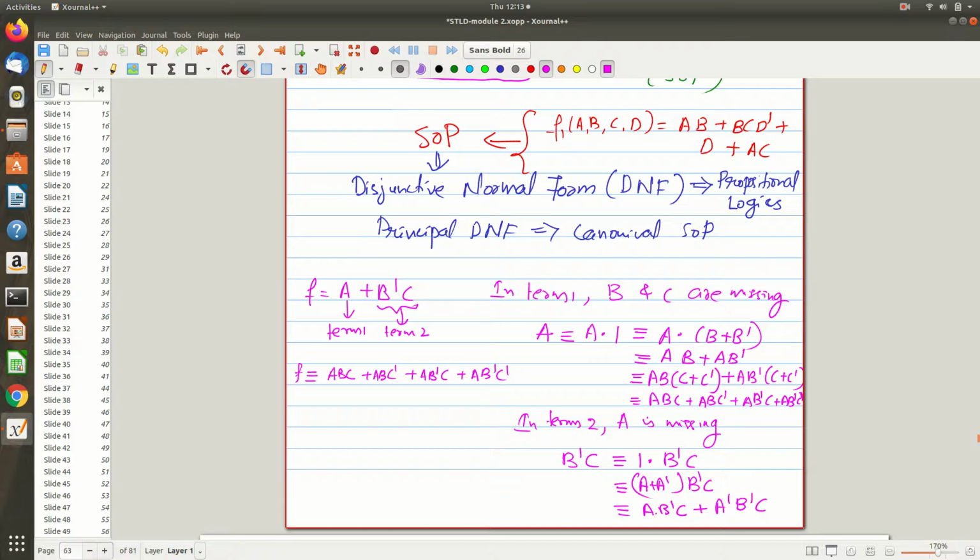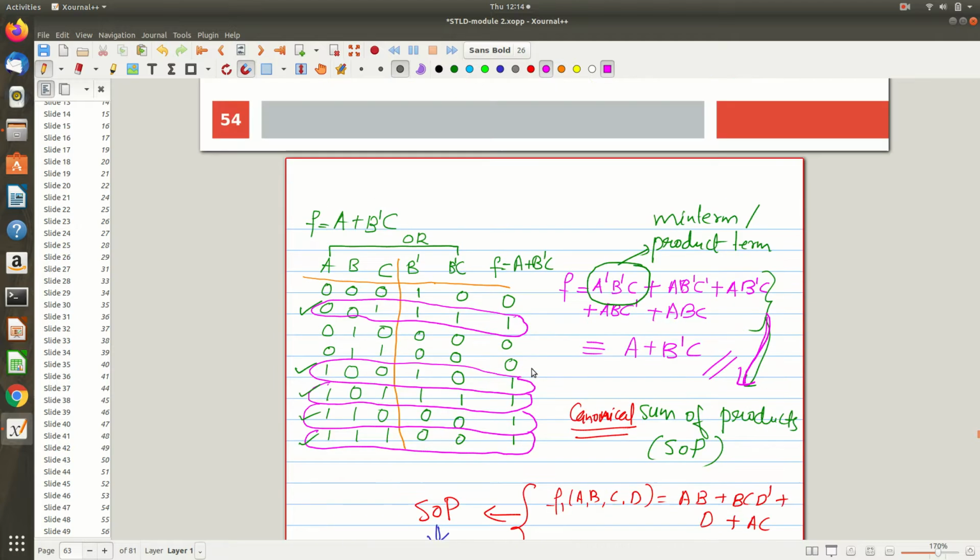Now tell me, AB dash C is actually redundant, it is already there. Let me use a different color for you to understand. See this term, it is already counted, okay? So you don't have to add it repeatedly. What about A dash B dash C? That is not here, right? So you can add that. The last term is A dash B dash C. See how many terms are here now? 5 terms are there. Actually I am getting 6, but 1 was redundant, that is removed, and the remaining I have 1, 2, 3, 4, 5. So here also I am getting the 5 terms, right?